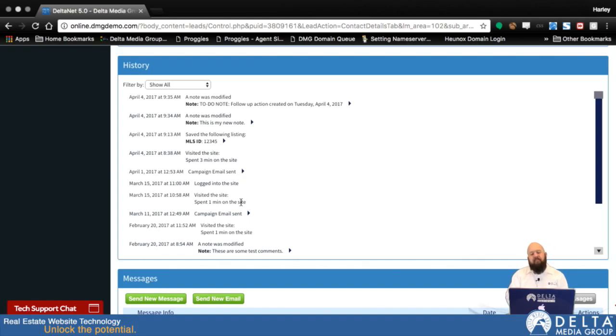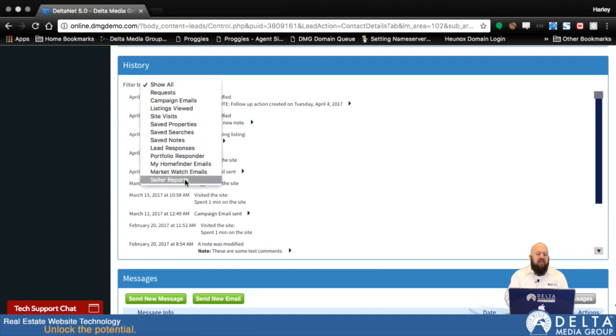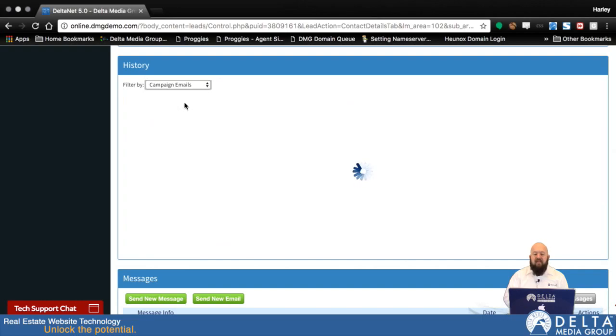So the nice thing about this section is not only can you make sure that the system is trying to send email out to them at the times you would expect it to based on what campaigns they're in or what searches they have saved, but we can narrow this down to specific things. So if I say I just want to see the campaign emails that were sent to this customer,